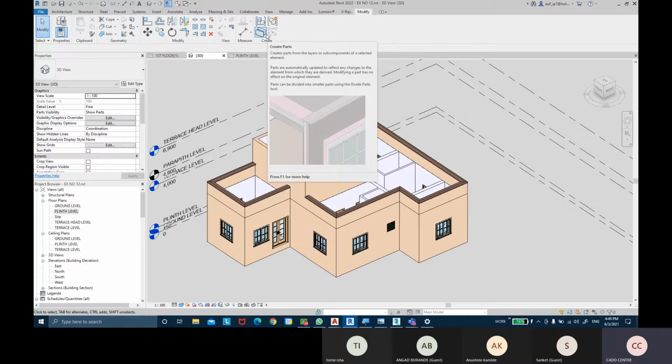Okay, is that clear? Create parts. Create part is clear to all.